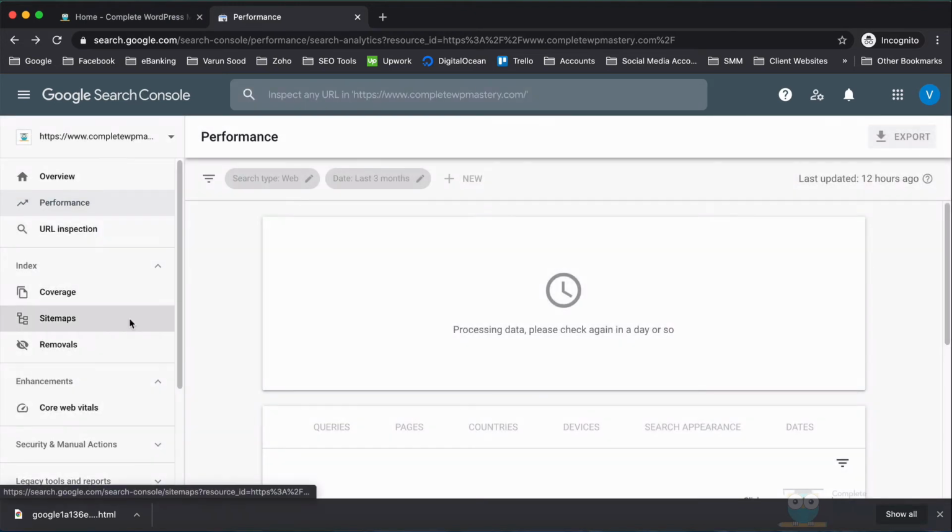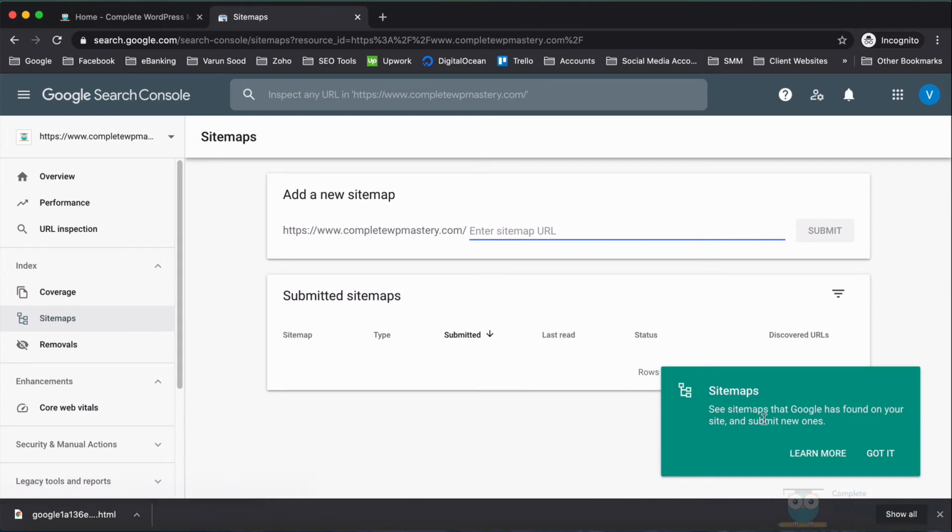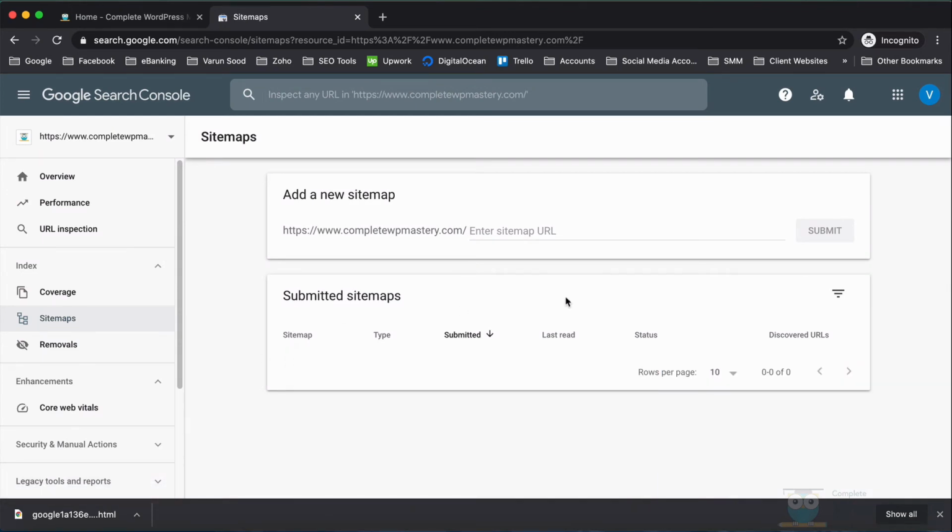On the sitemaps page, you can specify sitemaps for your website. In the last video, we saw that Yoast automatically generated a few sitemaps for us and one sitemap that serves as the index to those individual sitemaps. You can either add those sitemaps in Google Search Console individually or just add the index sitemap. Google will fetch all the sitemaps contained in that index sitemap. So let's go ahead and specify the name of the index sitemap. In our case, you can specify sitemap.xml or sitemap_index.xml.